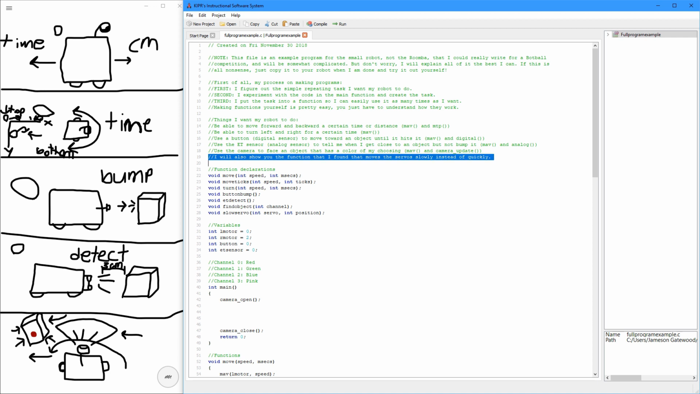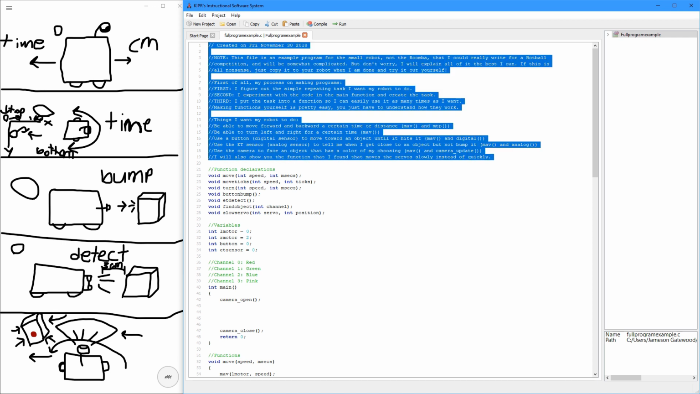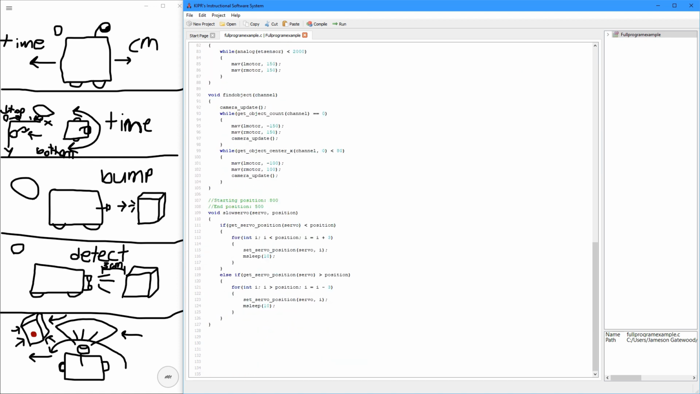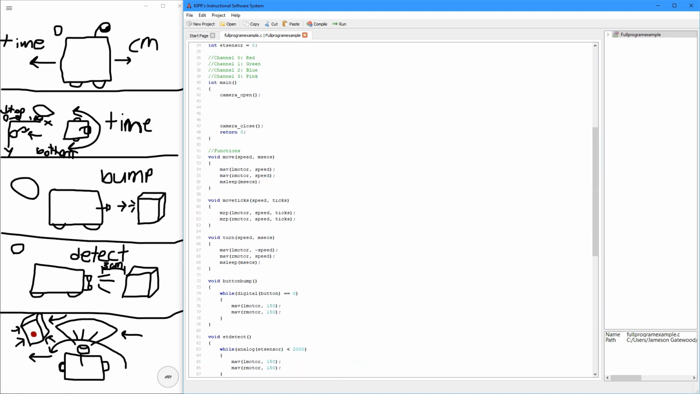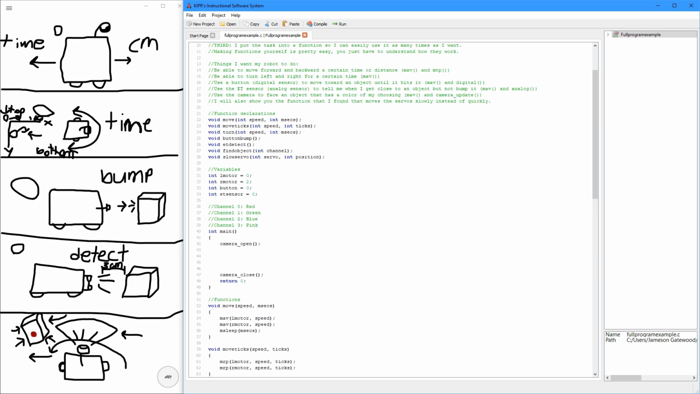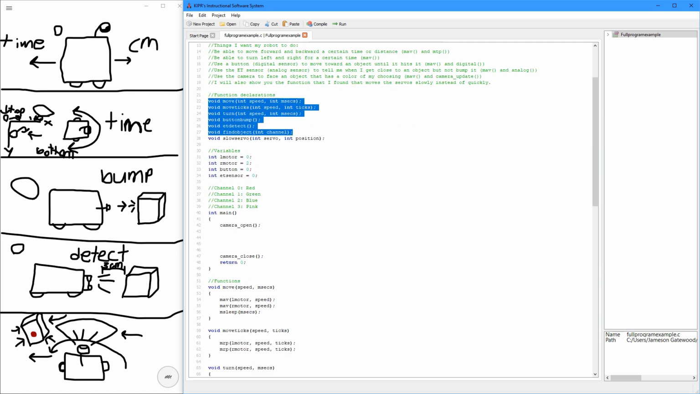So I will also show you the function that I made that moves the servos slowly instead of quickly. So this is all it right here, and I just wrote all this code right here with you. And if you ever wanted to use any of these, you can see all the functions that you made right here. And so if you ever want to use them, you just look up here. Okay, I want to move